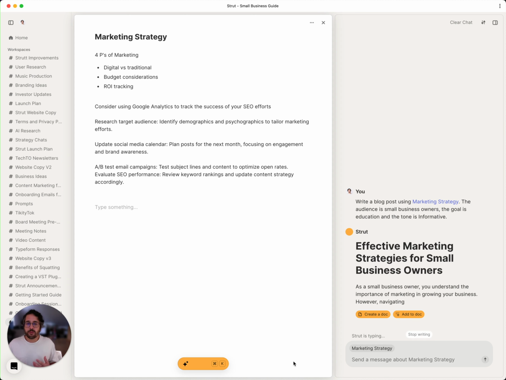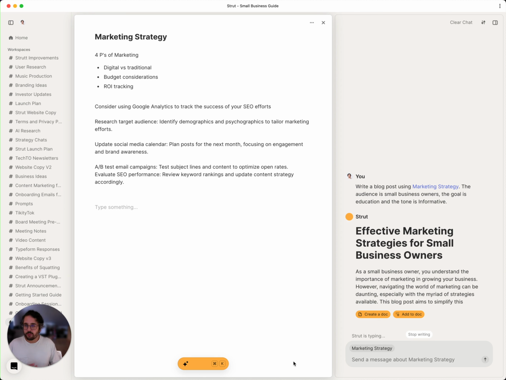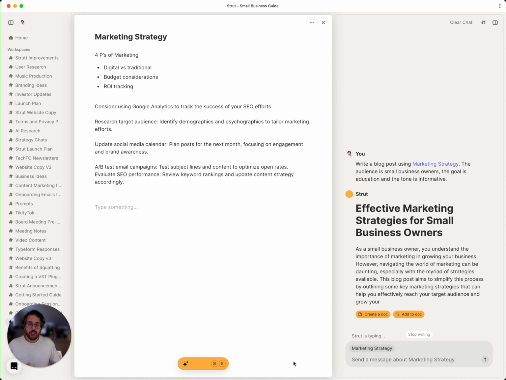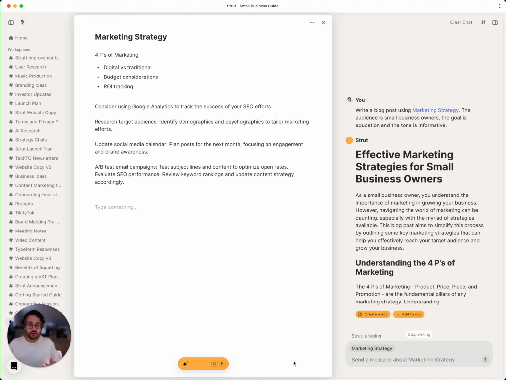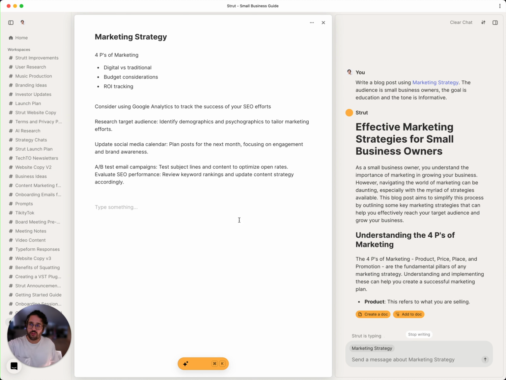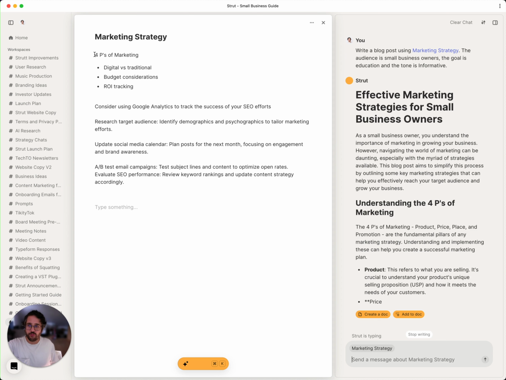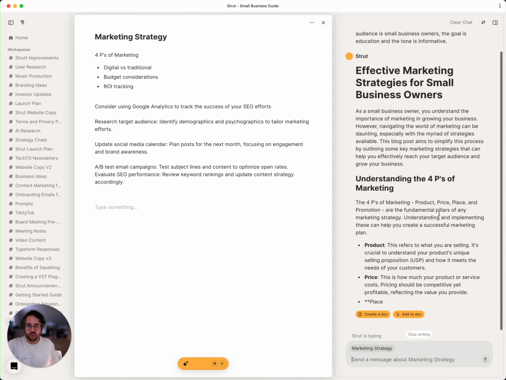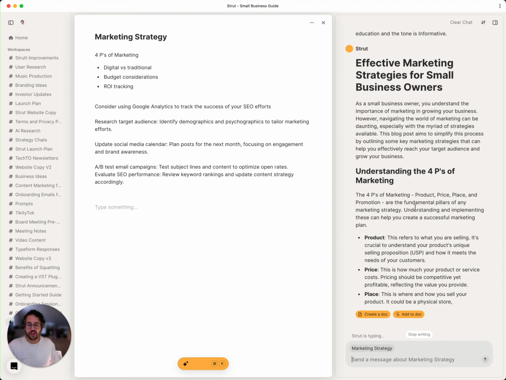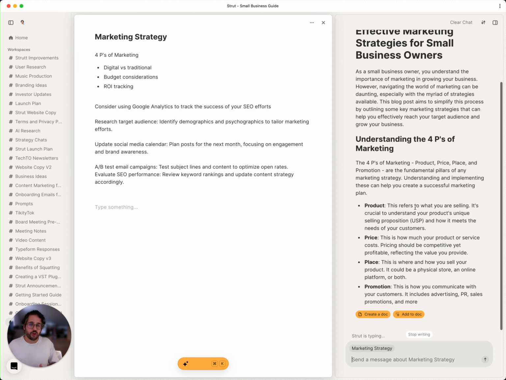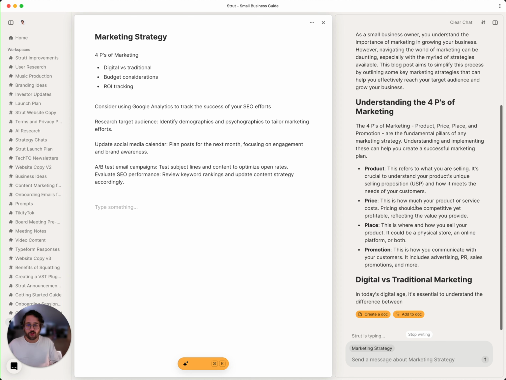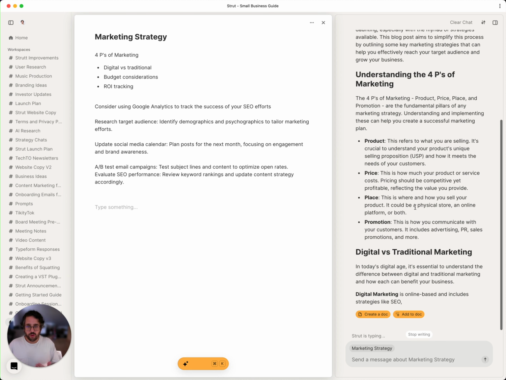Now, the great thing about Strut is even if your notes are incomplete or just super messy, it can actually intelligently go in there, understand what you're trying to convey, and expand on it even when it makes sense. So in this case, you can see here that I just write 4 P's of marketing. And Strut's smart enough to know that it can take that, expand it, explain what that is, again, with the goal of educating this audience. So we'll skip ahead to the response, and then we'll talk about how we can turn this into this finished